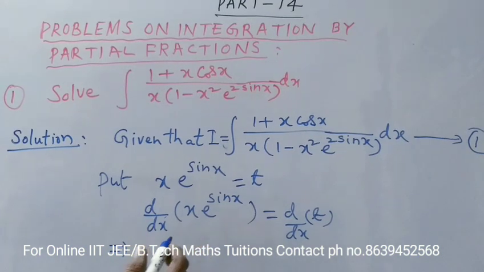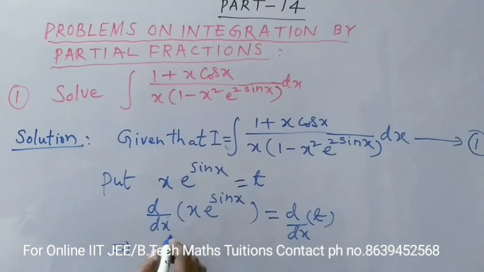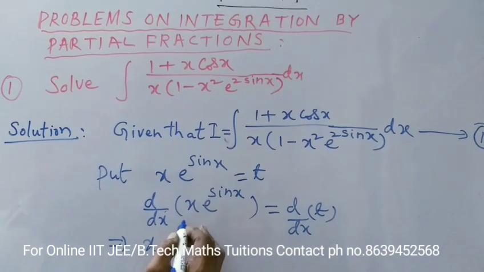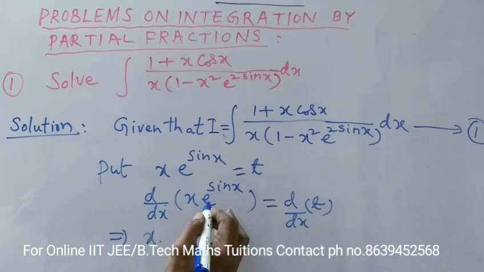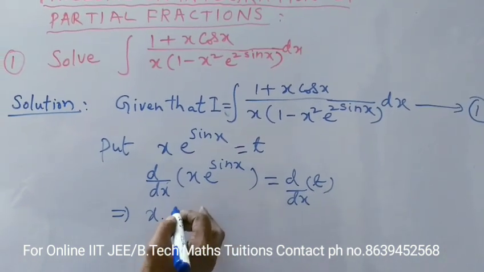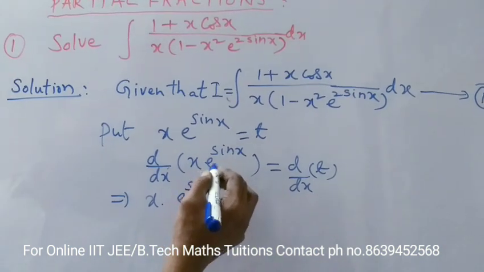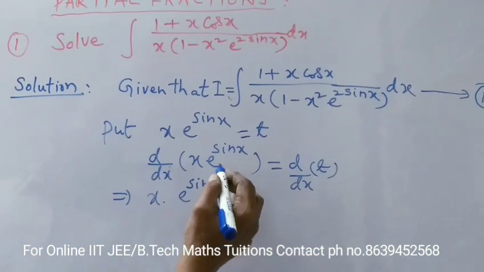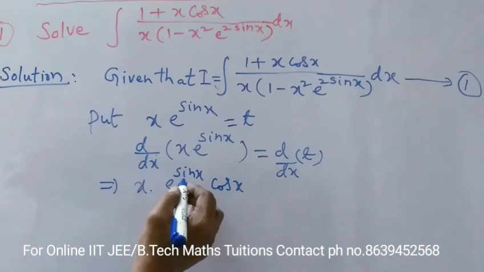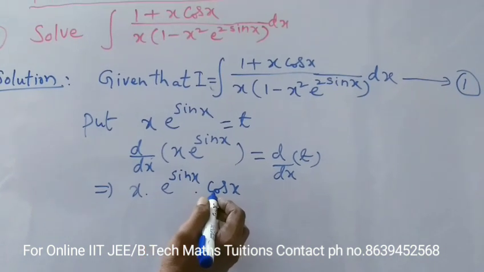That means x into the differentiation of e to the power of sin x with respect to x, which is e to the power of sin x into d by dx of sin x. Sin x differentiation is cos x. So x into e to the power of sin x into cos x